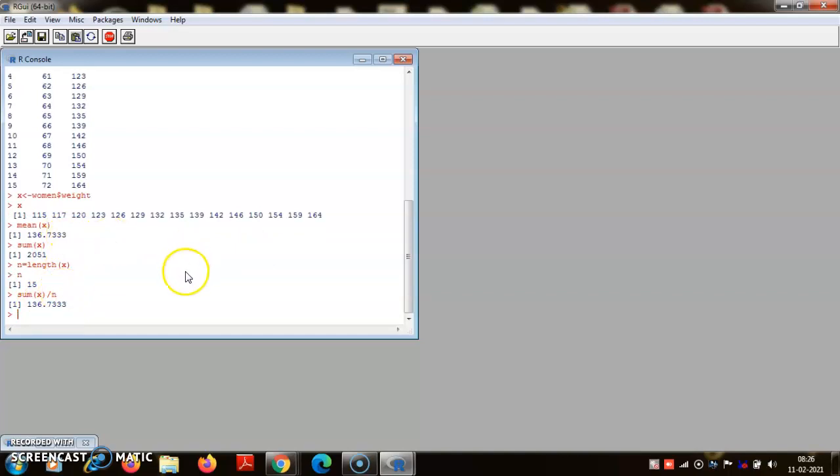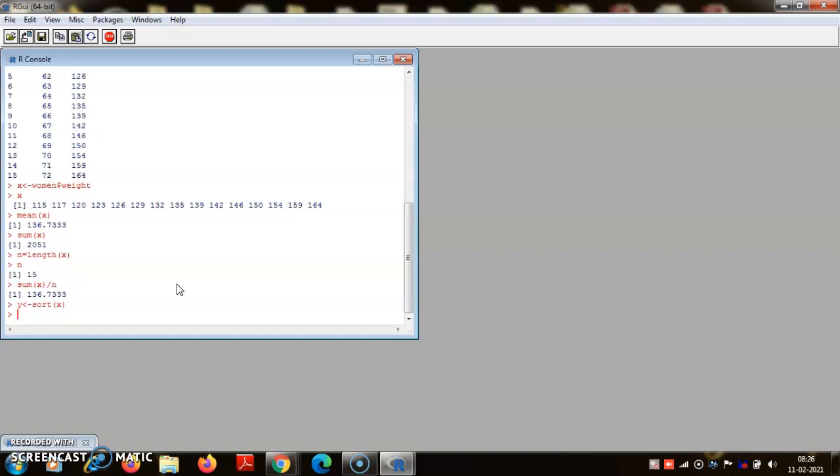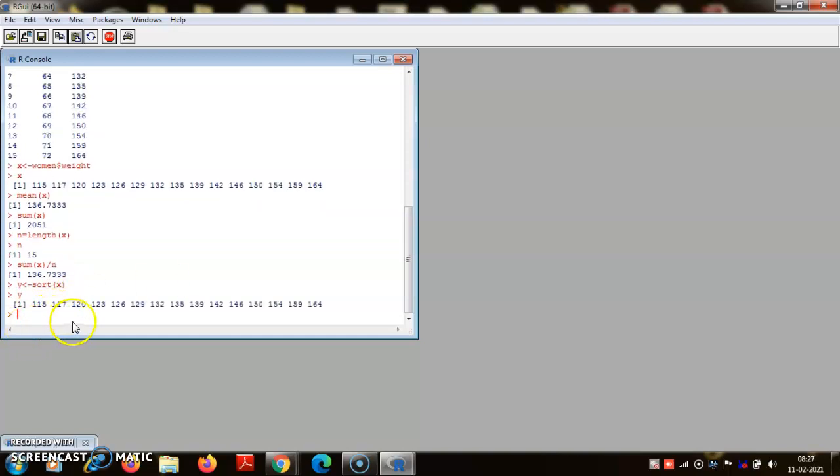Now remember, for everything else, the median, the percentiles, the quartiles, I need to sort the numbers. R is a very smart platform for computing, because it allows you to do sorting with just one command: sort(x). Everything is sorted in increasing order by default. I am storing it in another array y. Here y is in increasing order. It is all the same because the data is already sorted, so there is no problem. This is one and the same.